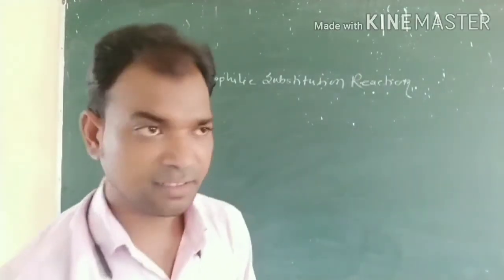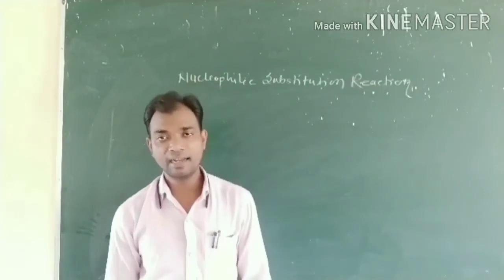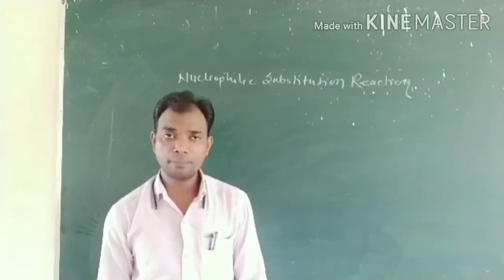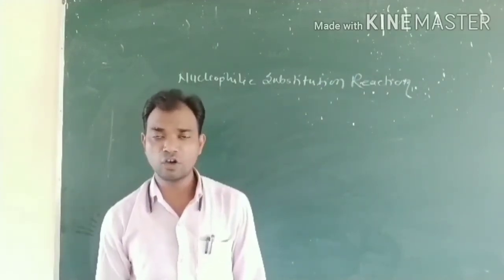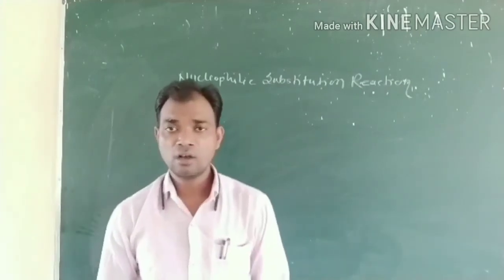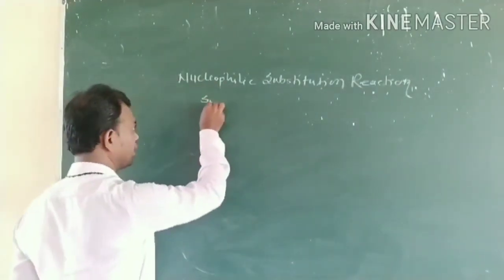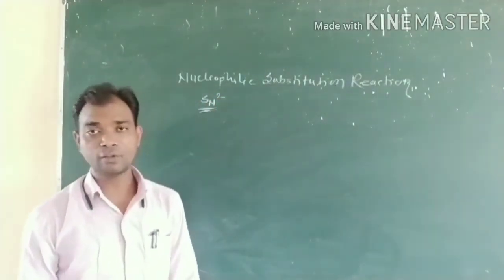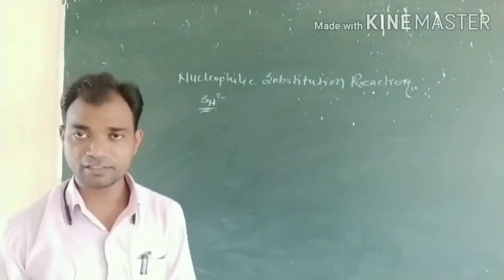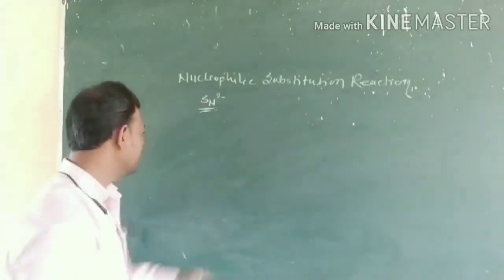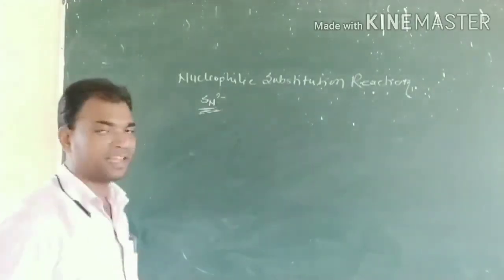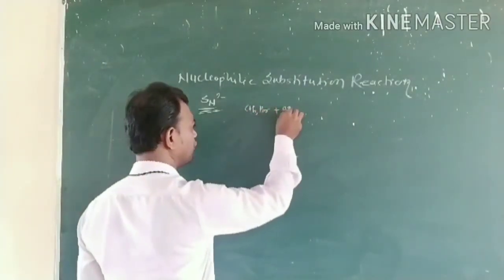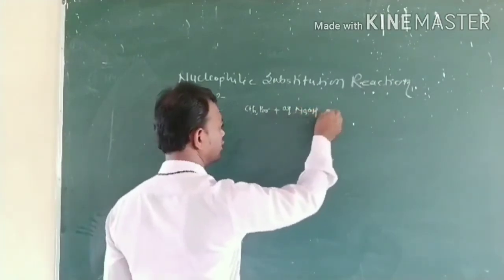the substrate and reagent simultaneously break the bond and form the bond in the case of SN2 type of reaction mechanism. Here also the same, S stands for substitution, N stands for nucleophile, and 2 stands for bimolecular type of reaction mechanism. Okay, here the best example of SN2 type of reaction mechanism is hydrolysis by aqueous NaOH of